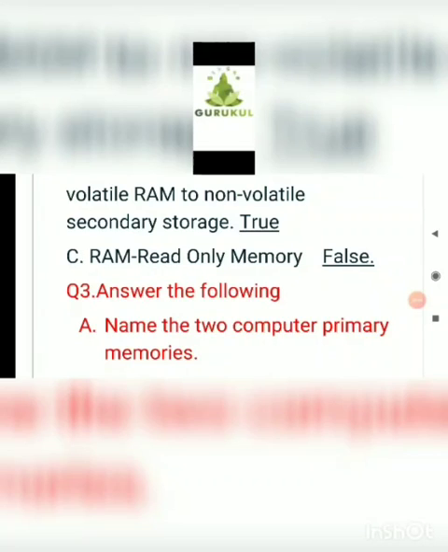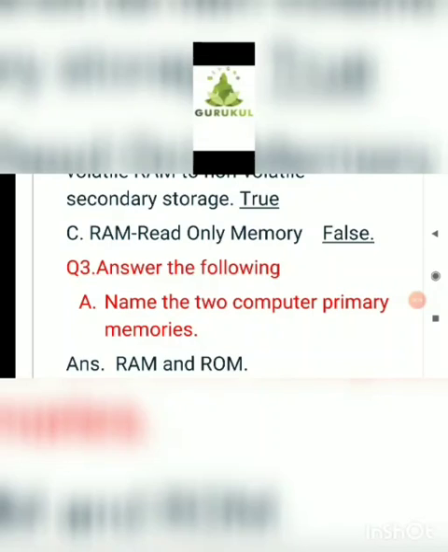So every time it is needed to transfer the data from RAM to the non-volatile secondary storage, which may be hard disk, pen drive, CD, whatever we are using as a secondary storage device. This is known as the transferring of data from RAM to the secondary storage device to make the data secured, safe, and permanent.